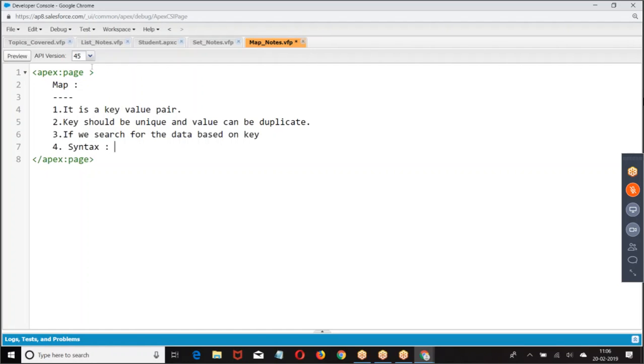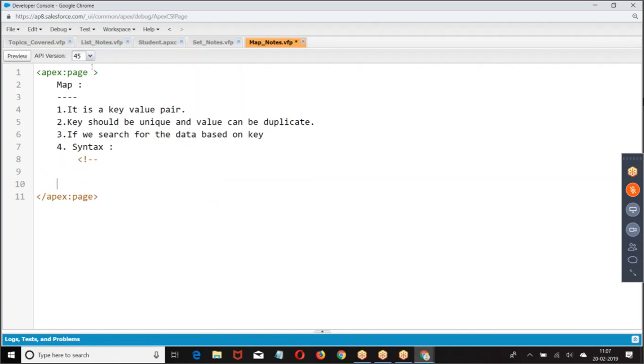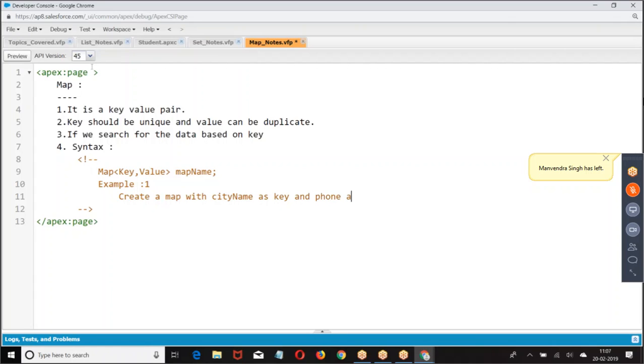Syntax: Map of key, value, map name. Create a map with city name as key and phone number as value.